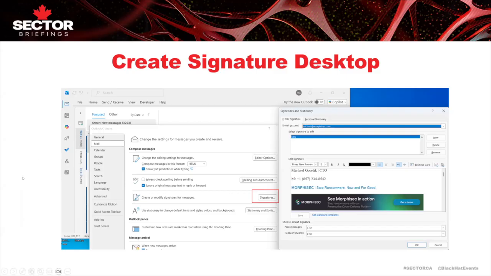But you can change this to compose messages in the format of RTF or TXT. Smaller, maybe smaller attack surface, but not as nice looking. But then the right signature needs to be appended. For that mechanism to work, every time you create a new signature, signatures are actually generated for HTML, RTF, and TXT, just to support that rendering, so that you can choose any method you want and it will get the right signature. Great.